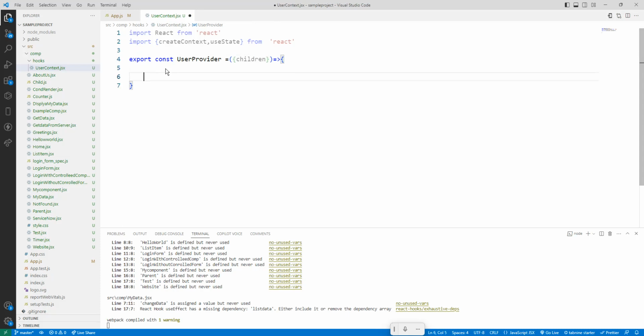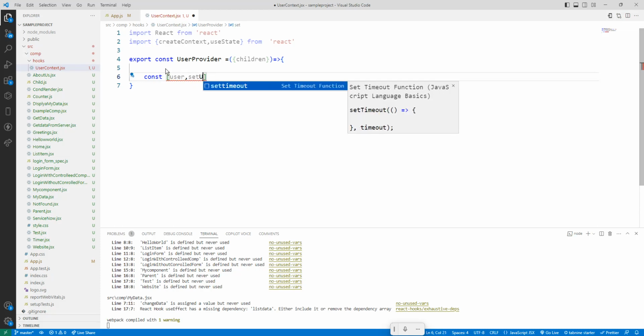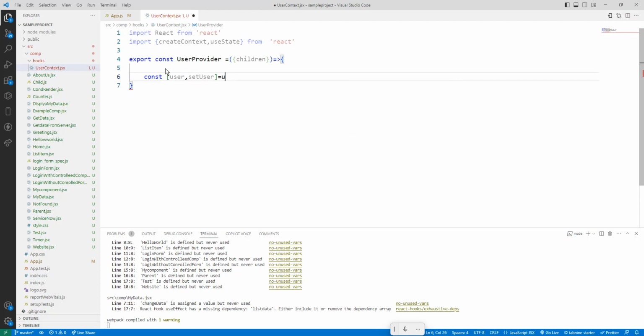Okay, so now the constant. I will take user, setUser equals useState, and initially I will set it to null. So that is useState, already I have taken here. User is an empty variable, setUser is a method. So that is clear. The first method I want to create is a constant